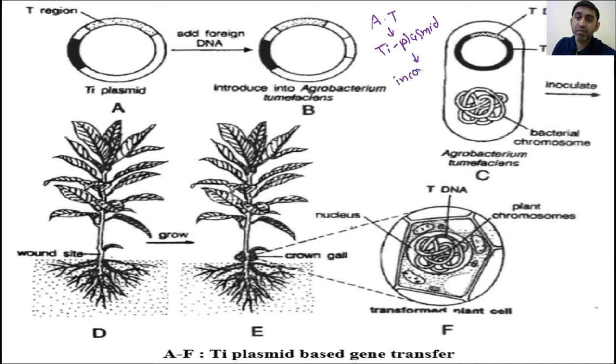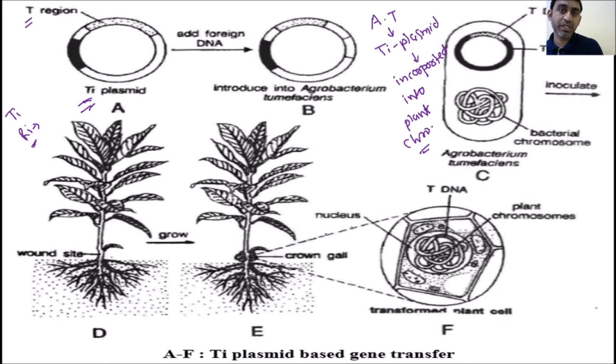This Ti plasmid can be incorporated into the plant chromosome, and the process is shown in this diagram. So this is the Ti plasmid. Here is the T region, the tumor inducing region. Remember, Ti means tumor inducing, and Ri means rhizogenic inducing. In the case of leguminous plants, legumes, tumor formation also takes place. So this Ti plasmid has been used as a vehicle for introduction of recombinant DNA into